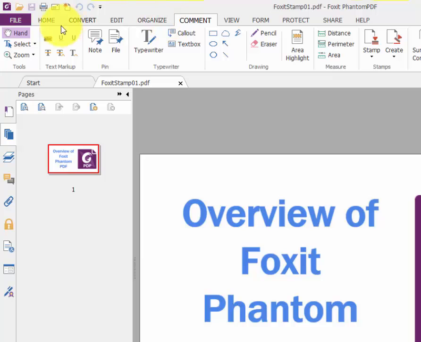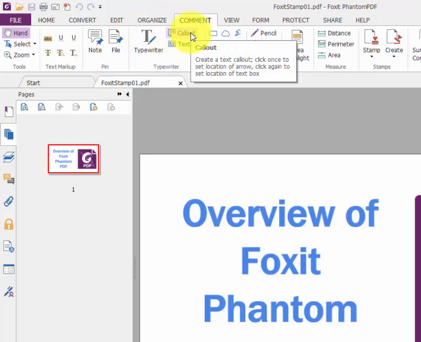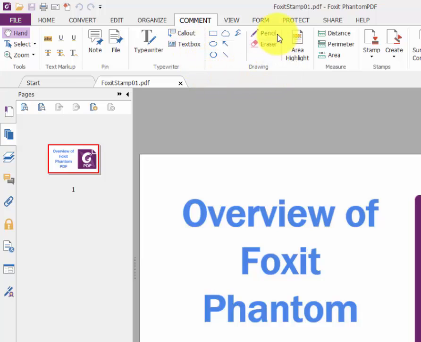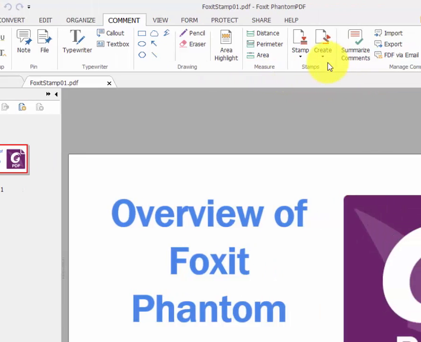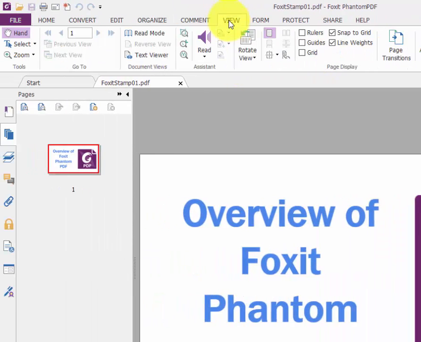Comments, this will be your text markup, such as highlighting and strikethroughs. Your typewriter, if you want to add a line of text. Usually, as you can see here, when you hover over the actual object, it will give you a quick description or a comment or a tip as to what it does. Callouts, text box, pencil and eraser, some stamping options, comments, course, view,